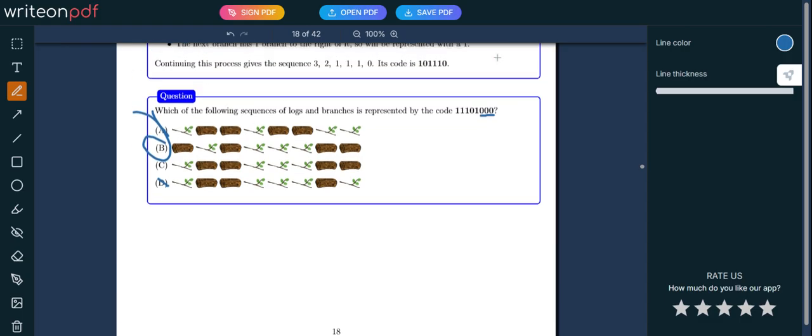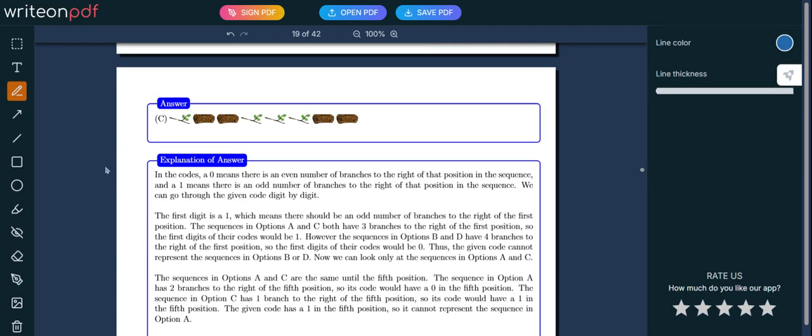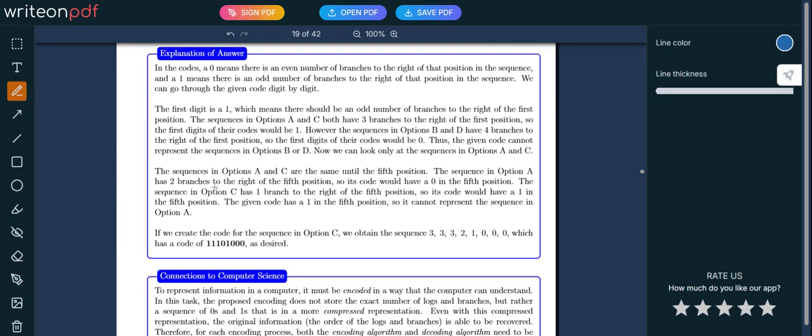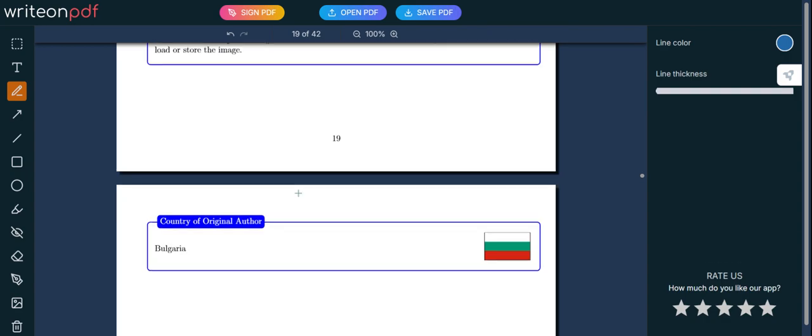Wait, hold up. I'm just kidding, it's C, because B has 4, which would make it 0. Yeah, it's C. Sorry about that, guys. Okay. Now, after my silly error, we can move on